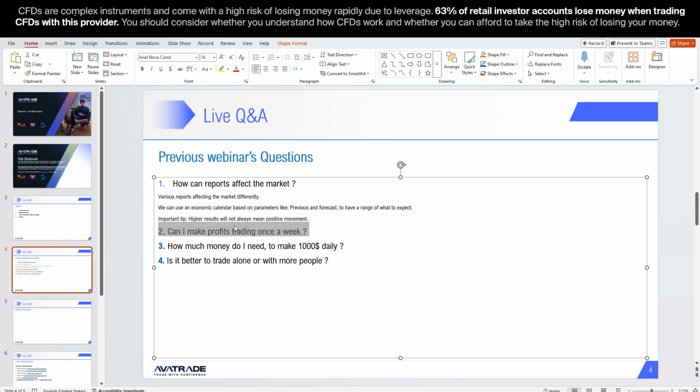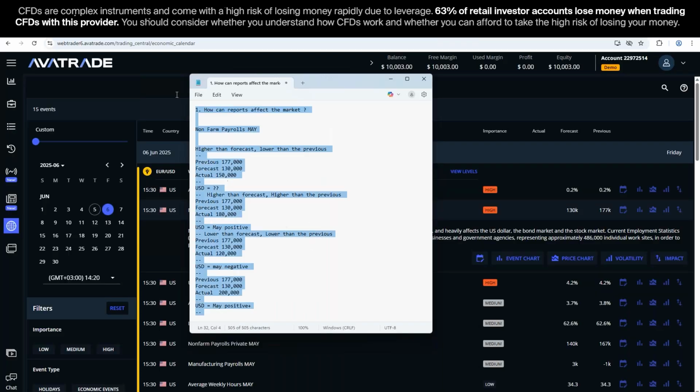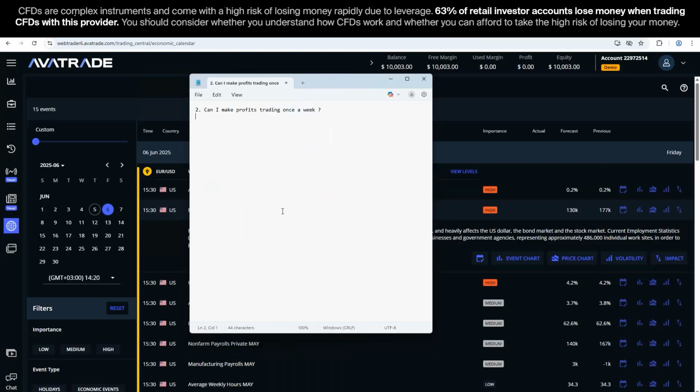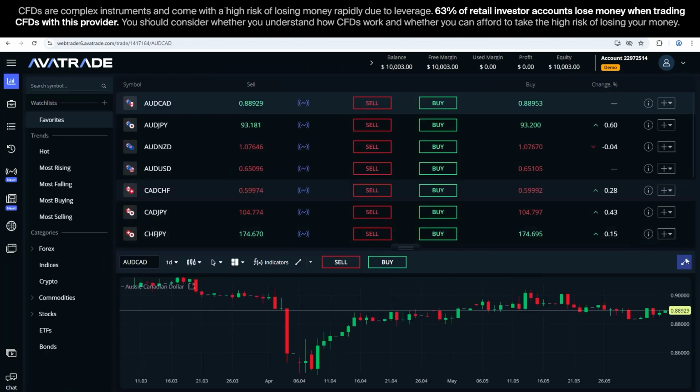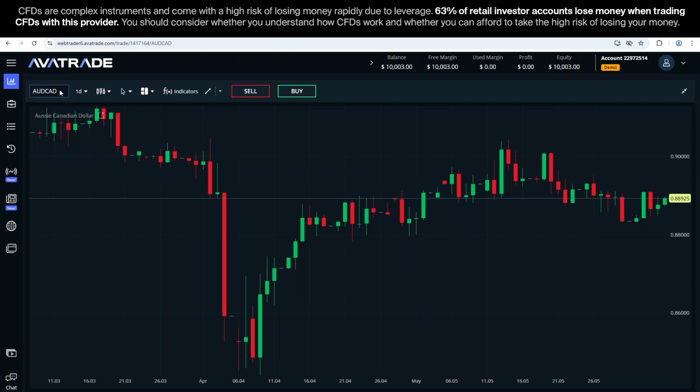I think this may be one of the most common questions we ever received on this webinar. Let's paste that like this. Can I make profits trading once a week? Of course, let's click on AvaTrade to go back to the default screen. Then we're going to click on the arrows to expand the chart. And maybe